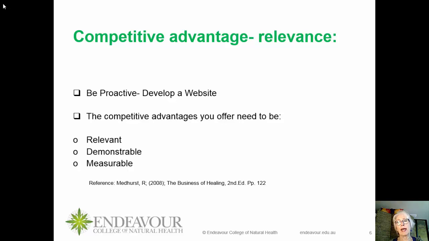Okay. And what's the relevance of competitive advantage? Well, how can you make yourself relevant in that way? So you need to be proactive, develop a website, and if you don't have the skills, go train yourself. Get those skills. It's very hard to exist today in a small business without having a website. People will say, "What's your website? How can I obtain more information?"